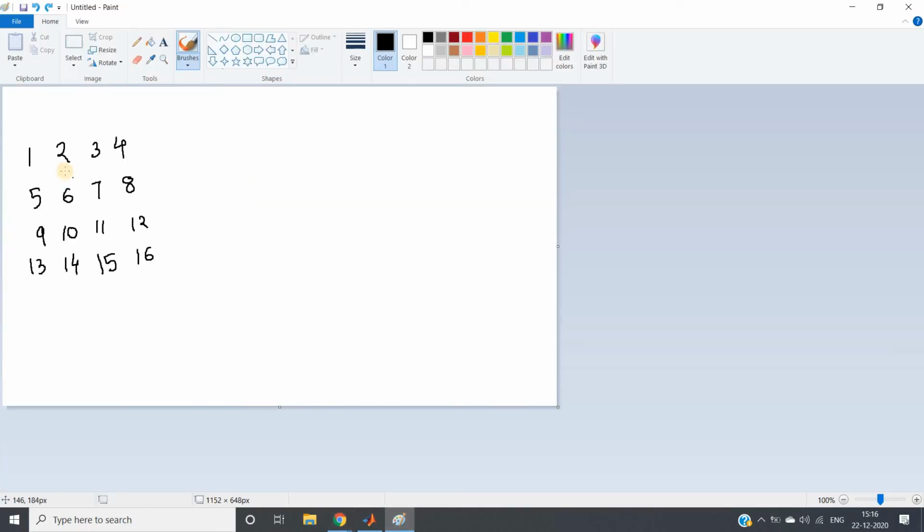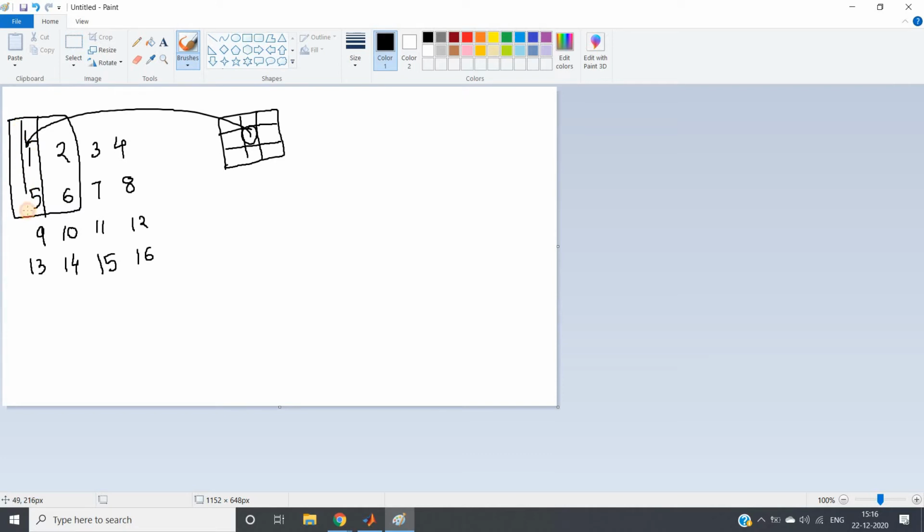Very interesting. So you can consider boundaries, but suppose you have this window of 3 cross 3 size, and you want to put the window center here. Just see how the picture will look. Here you will put your window, and like this it will come.